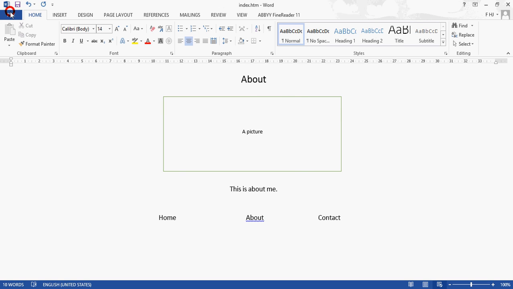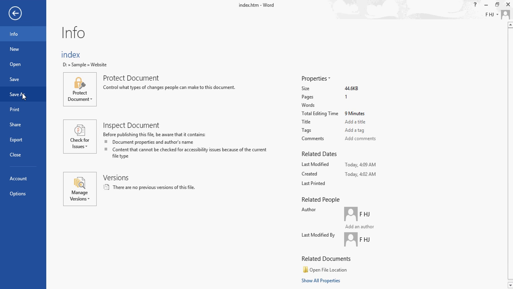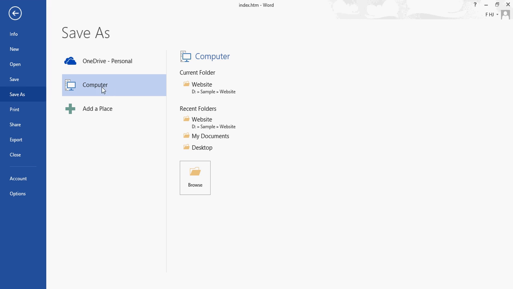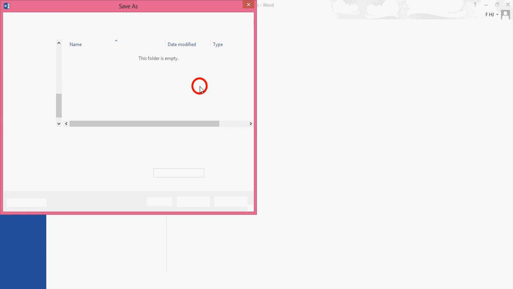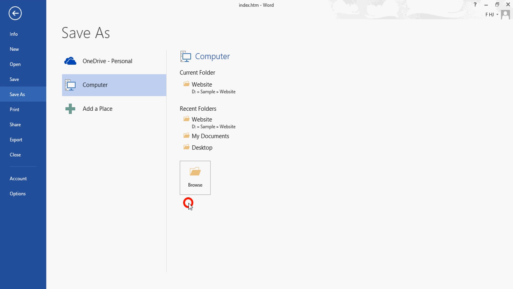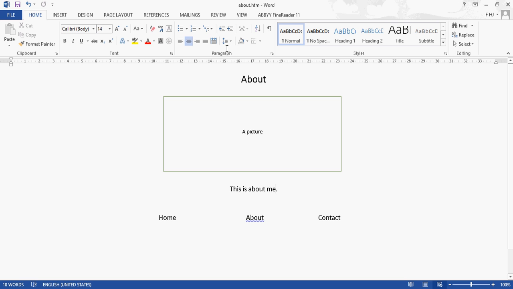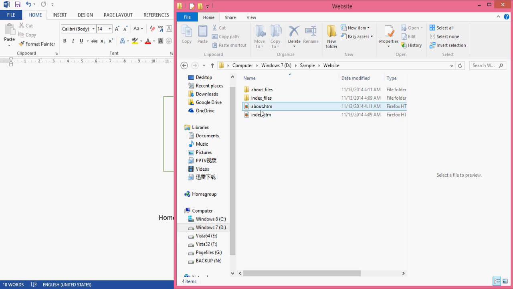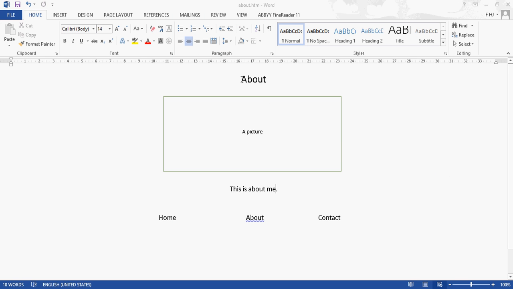Okay, now we use save as. Okay, the same similar folder, and change this one to about. Now you can use about. Make sure it is web page. Save. Now this is about page. Make sure you see you have 2 web page created, and we are going to create the 3rd one called